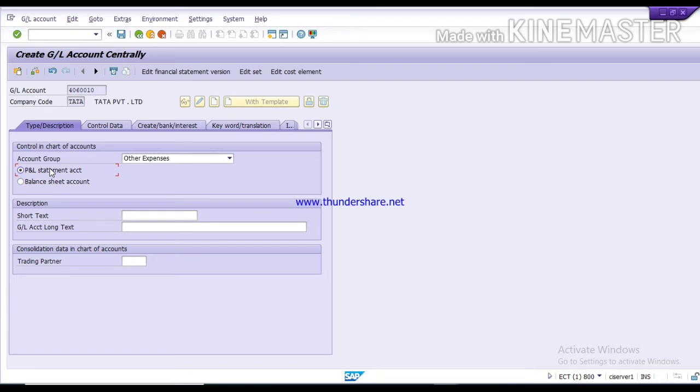But for the other scenarios, for other GLs, when we will create any balance sheet GL, when we will create any liability GL, or when we will create any revenue GL, what parameters will we select at that time? We are going to activate those fields also. We are going to record those fields also. So for recording purposes, we will click on this also, as it will record.